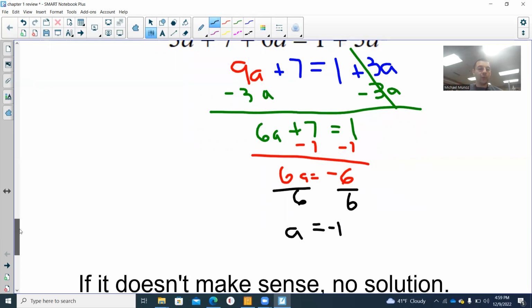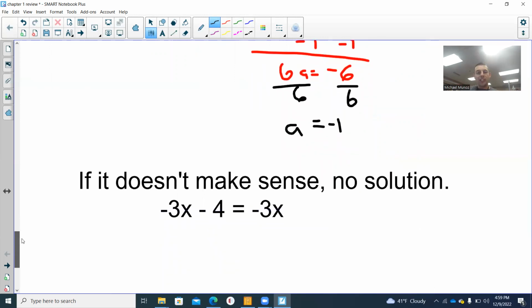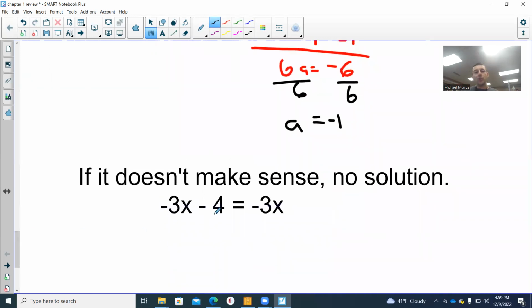There's just one last thing that I wanted to talk about. Sometimes when you go to solve these and it doesn't make sense, it's going to be a no solution. So that's when both of your variables are going to disappear. So here I have negative 3x minus 4 equals a negative 3x. So to get rid of one, since I have variables on both sides, I'm going to add 3x. And when I add 3x to both sides,